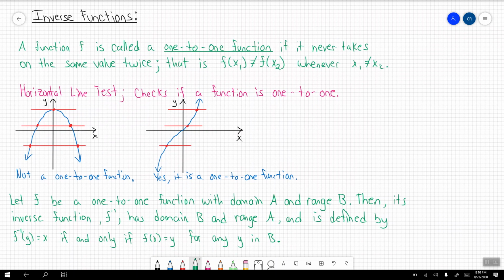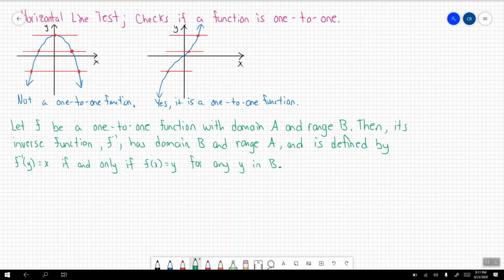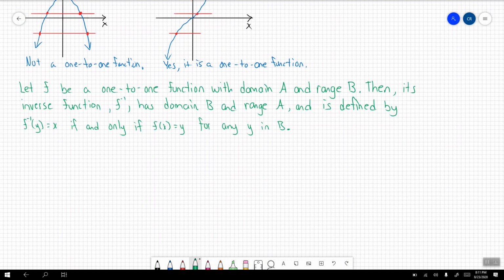Okay, so that now gives us a more concrete definition for what it is to be an inverse function. Now, I know it can get a little convoluted, so let's start breaking it down. If we take a function f of x, and I'm going to break this down for you down here, let's do this in a different color. So I'm going to take my function f of x, and if this function f of x has a domain